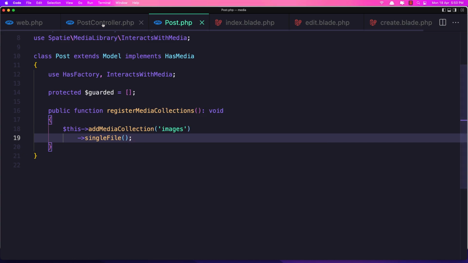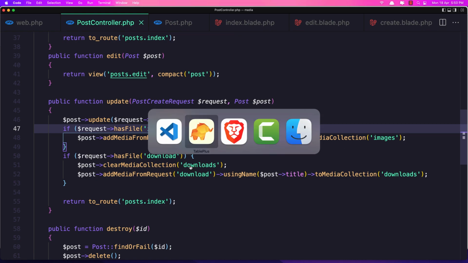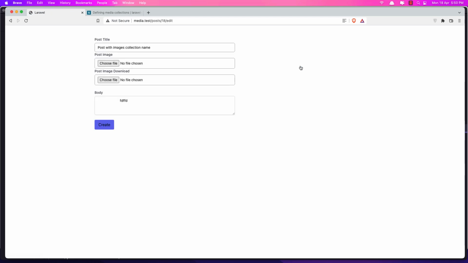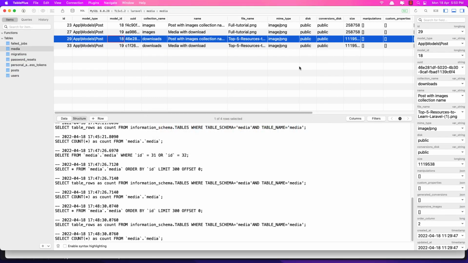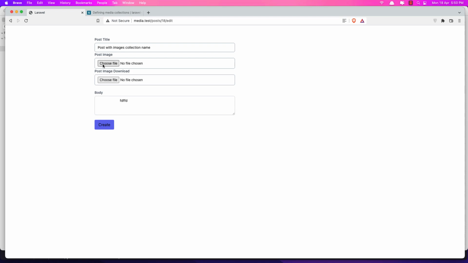Now in the post controller we have removed that one for the images collection but not for the downloads. Okay, and let's see if it works. Refresh. Now for the images I'm going to change this image. Let's come here, edit, and also you see here we have only 4 images, and choose the image.